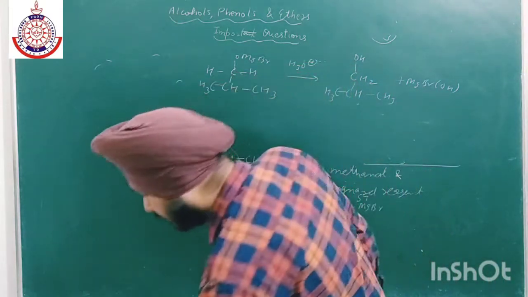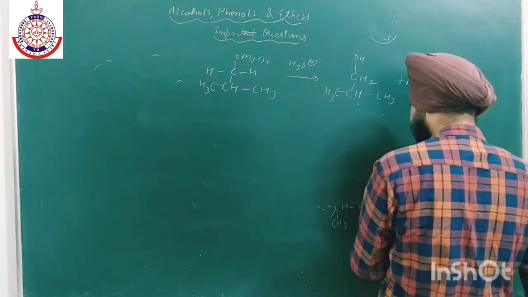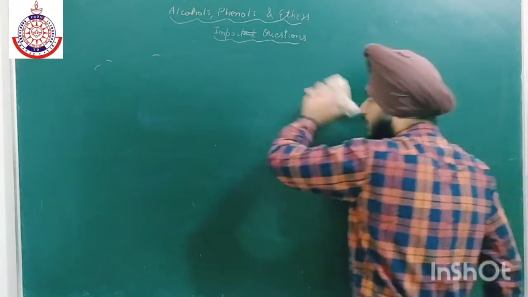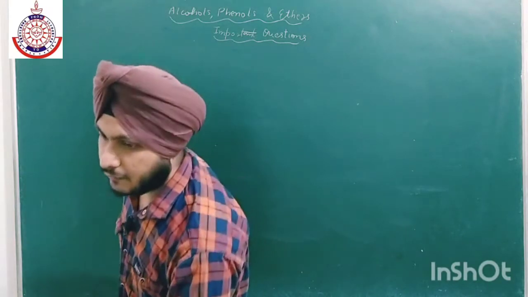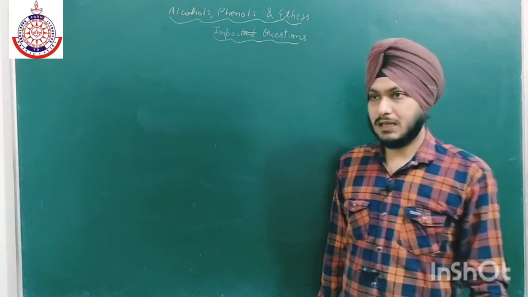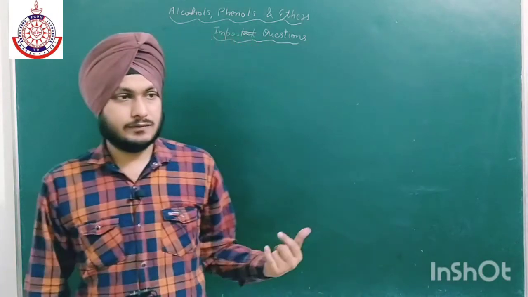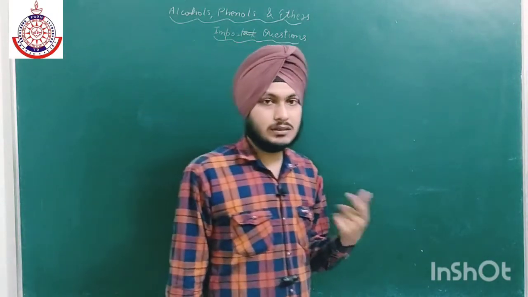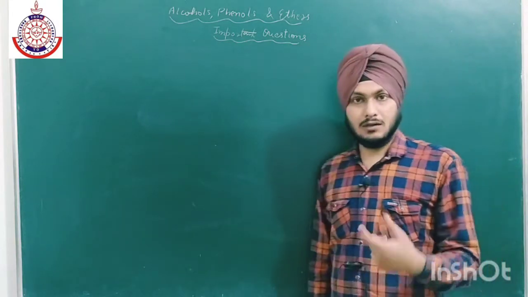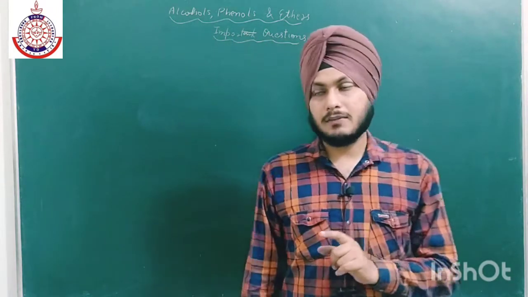So what are the products when we react HI with the following compounds? This question is from ether. Some question may be asked on the test also, how to distinguish the phenol from alcohol. So there are many tests like litmus paper test. You can say alcohol does not react with NaOH, but in case of phenol it will react with NaOH. There are many tests, FeCl3 test, ferric chloride test. How to distinguish 1 degree, 2 degree and 3 degree alcohol? We have Lucas reagent test. So you have to keep in your mind these tests.